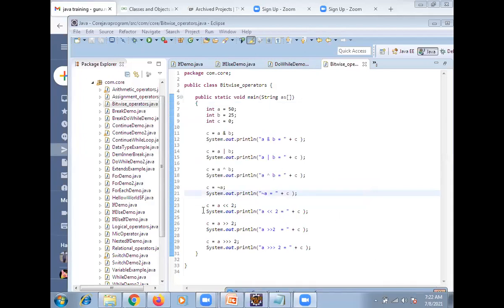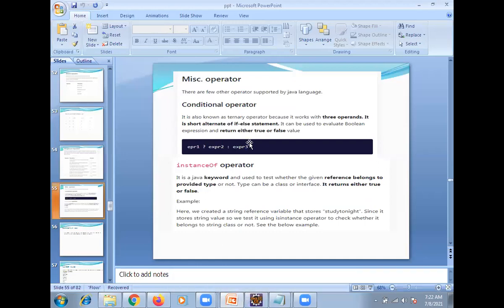Oh, fine. See, we discussed instance operator and the MIC operator right now. So just now I told you, right? We are going to check this condition with the instance operator. Whenever we compare object type, suppose there is a class A and a class B, then we use the instanceof operator.